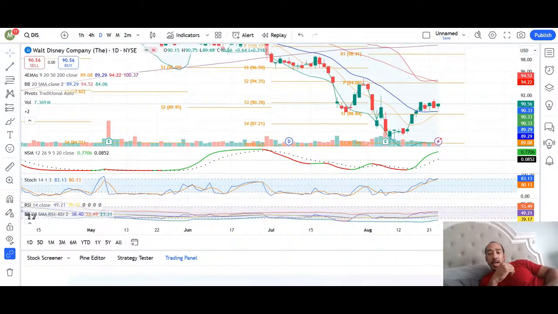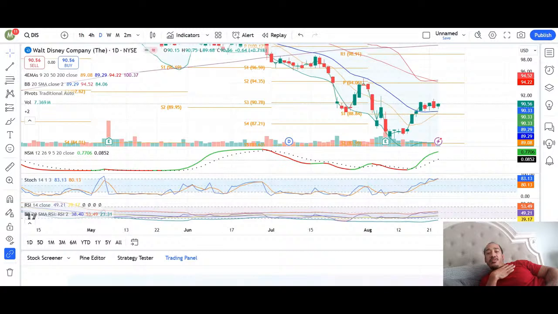On top of that, Disney is forming what kind of looks like a bull flag, and it's on top of the 20. Yeah, Disney is on top of the 20 EMA. The EMA is an exponential moving average. Stocks use the moving average as support and resistance. So if you look at the past week, literally,